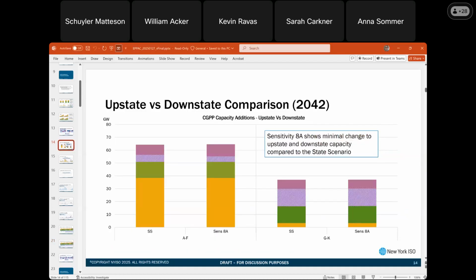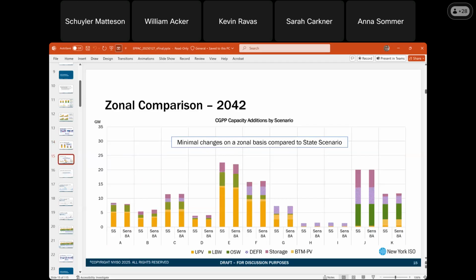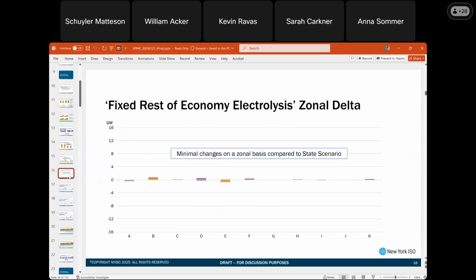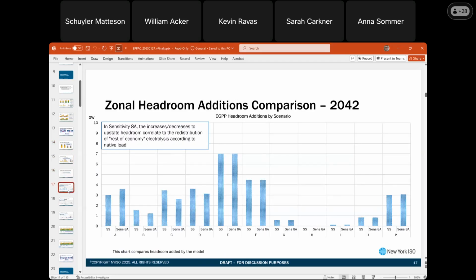So just continuing on with the results here, the next few slides, I think the story is kind of similar, where with this change we are seeing minimal impact. So minimal change to upstate and downstate capacity compared to the state scenario. Similar on the zonal basis, not much changing here. And even we can see a delta between the two cases on a zonal basis, seeing that not much has changed. And on the headroom side of things, with the increase,